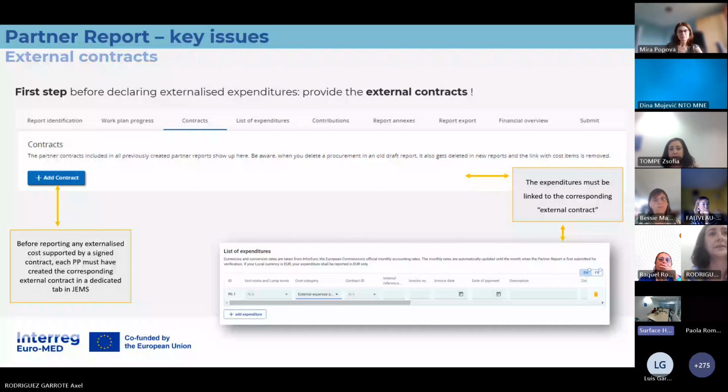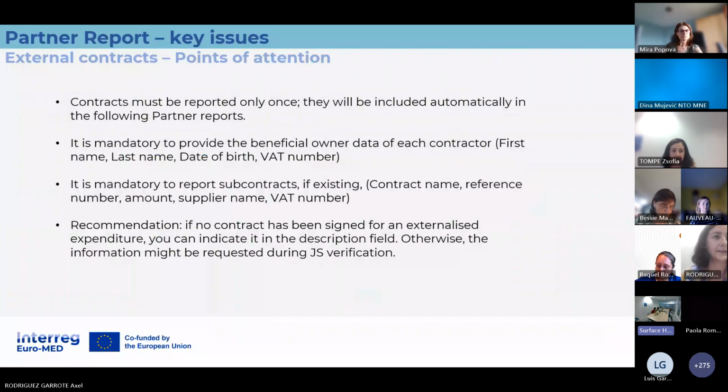The expenditure later on must be linked to the corresponding external contract. This is a very important point: if there is a contract signed, then you should add it here. Okay, the next slide, also some feedback from our side. The contract must be reported only once.